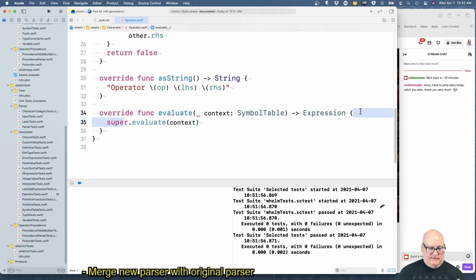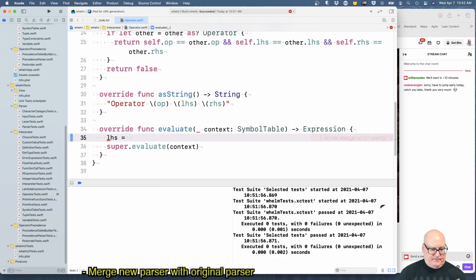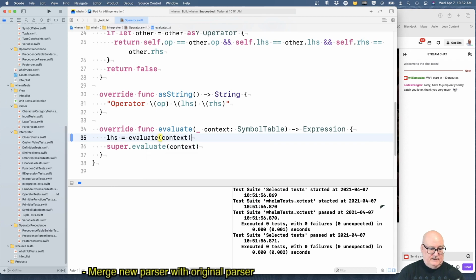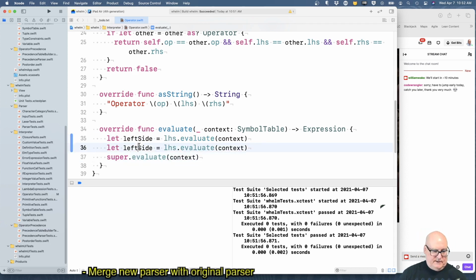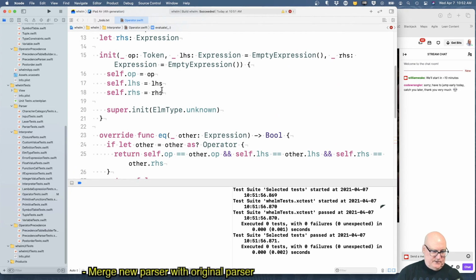let's pull the left-hand side and the right-hand side. The left-hand side is, well, we want to evaluate it in the context. Whoops, that's... We'll evaluate the left, evaluate the right. Okay, that's the 2 fields we have, well, 2 of the 3.